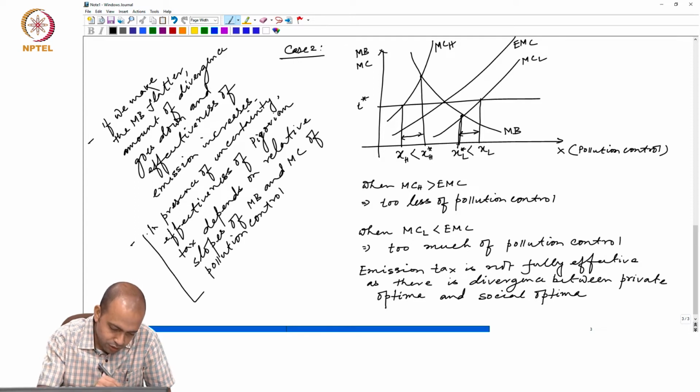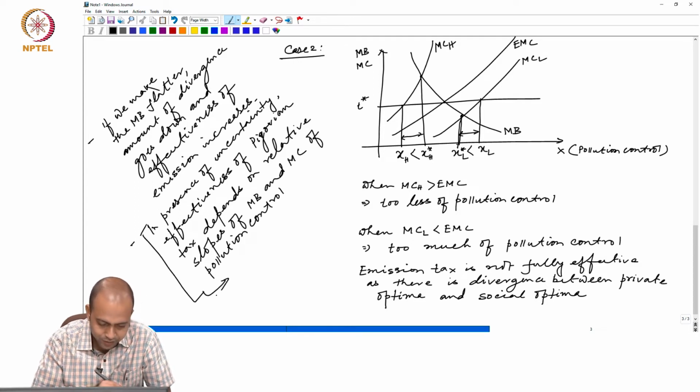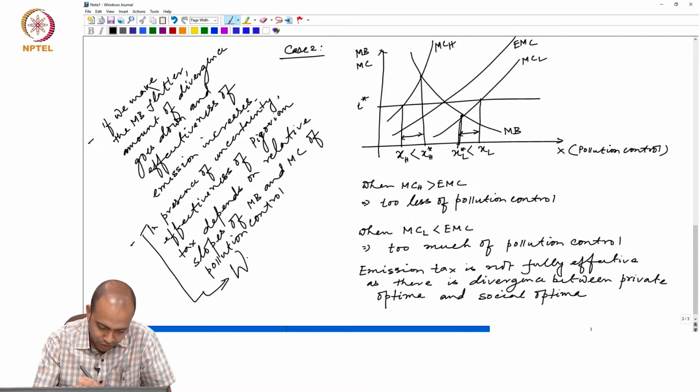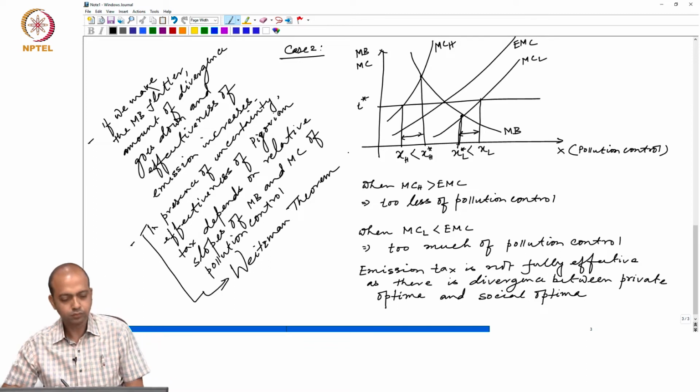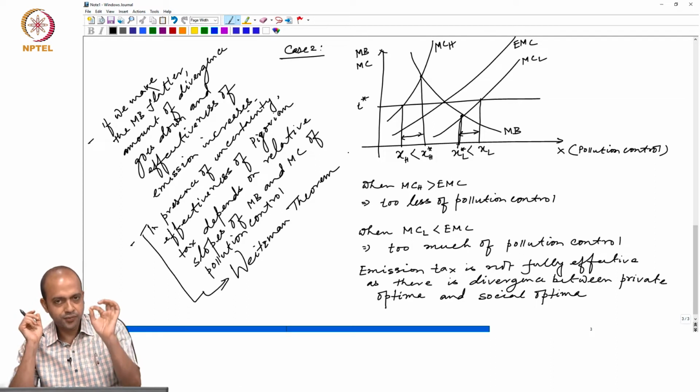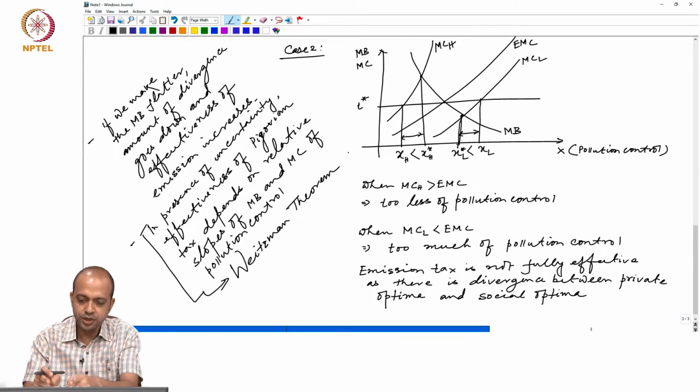And this is known as Weitzman theorem, because Martin Weitzman was the first person to suggest this proposition. This is called Weitzman theorem, W-E-I-T-Z-M-A-N theorem. Weitzman theorem. Okay? When there is uncertainty, effectiveness of emission tax or Pigouvian tax depends on the relative slope of